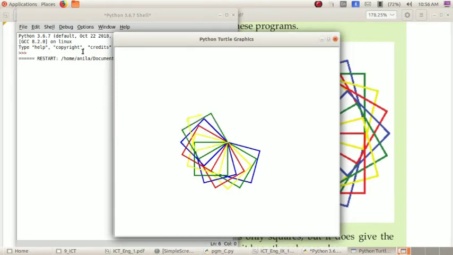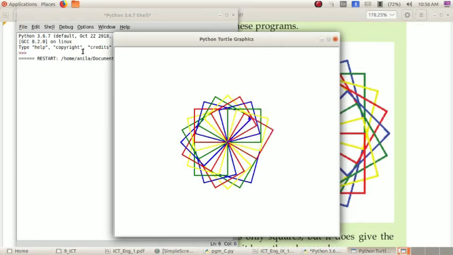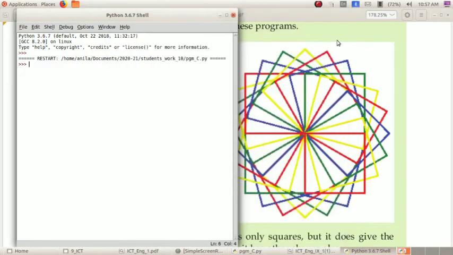Likewise, 6 sets of squares will be drawn with the 4 colors. So we will get a circle like this with 360 degrees. So this is a simple program.